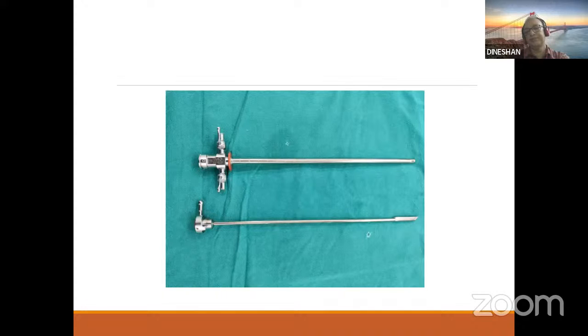So an instrument like an internal urethrotome sheath. We will come to that internal urethrotomy later. Otherwise you will not be able to do a urethroscopy in a female with the 19 and above sheaths.